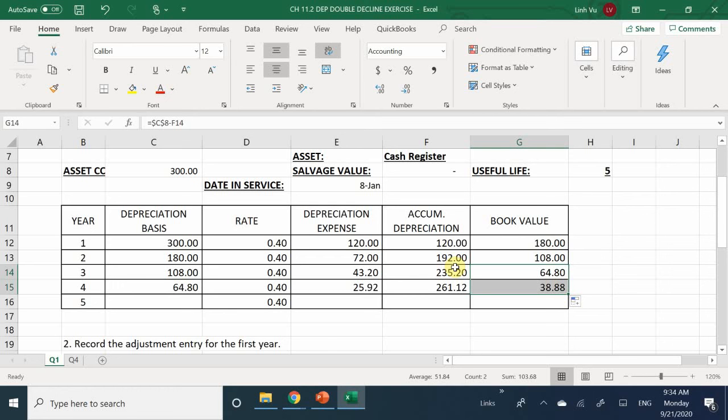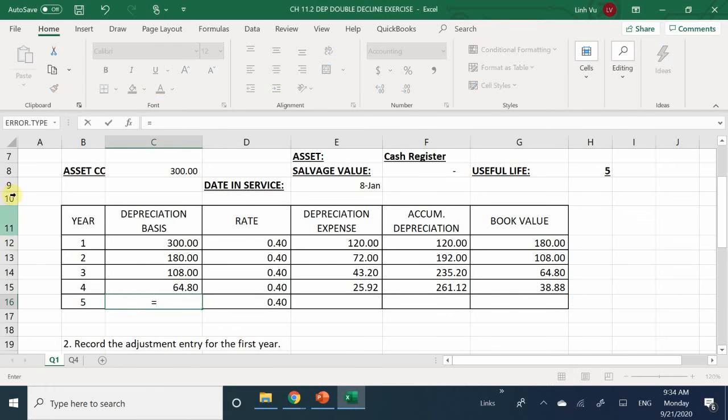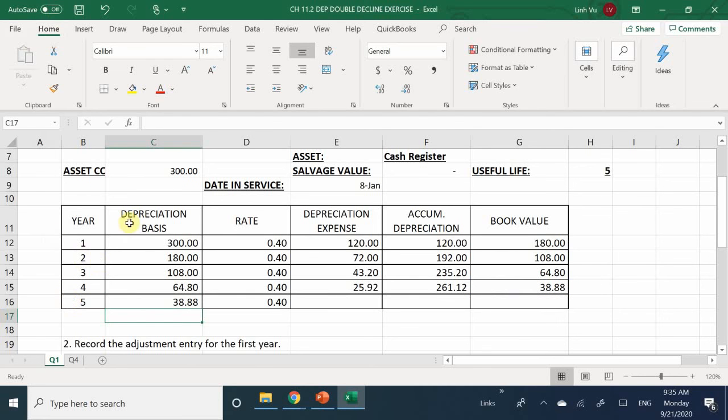Okay. Now that we reached 38.80, so then what is my book value? What's my depreciation basis going to be for year 5? 38.88. And then what's my depreciation expense? 15.55. And then lastly,